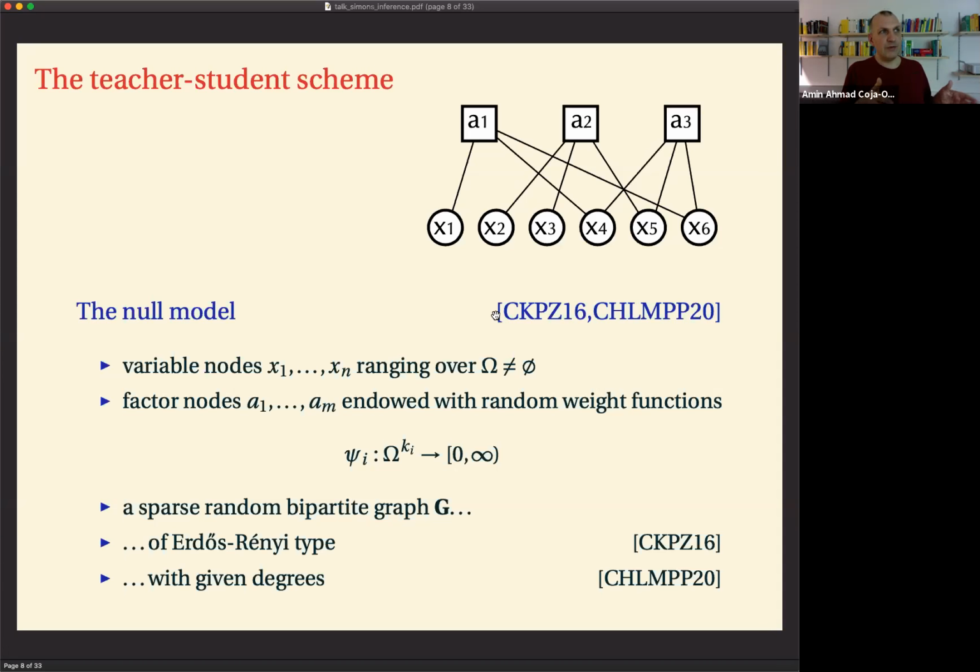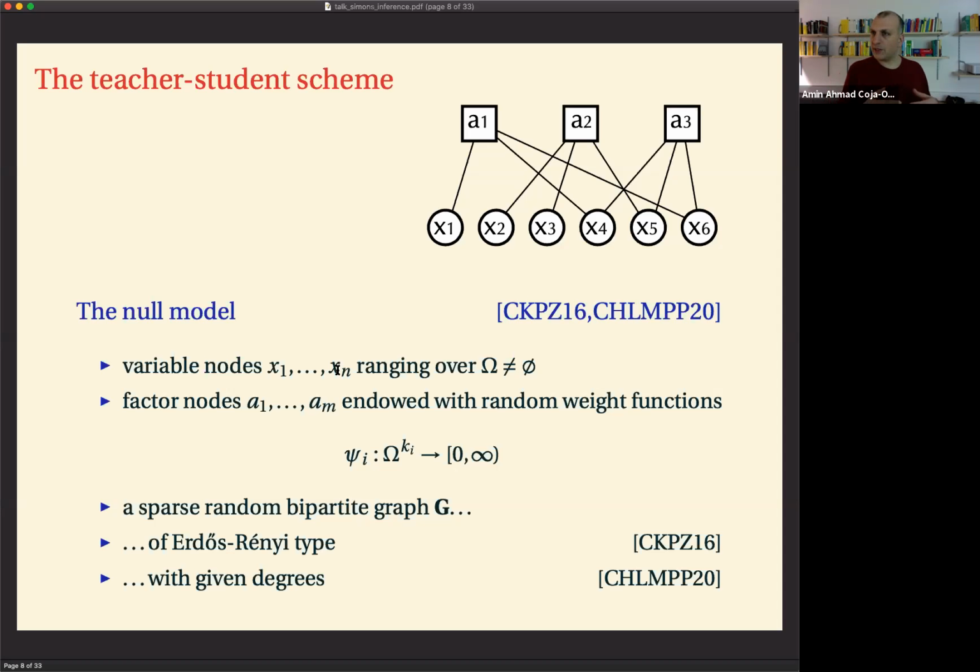And in general, for these general models, not just the stochastic block model, but also the error correcting codes and the group testing and whatnot, there's a generic way of doing it. So what we would do is create a random factor graph. A factor graph has two types of vertices. On the one side, variable nodes, x1 up to xn. And these variable nodes are supposed to represent the entries of the ground truth vector.